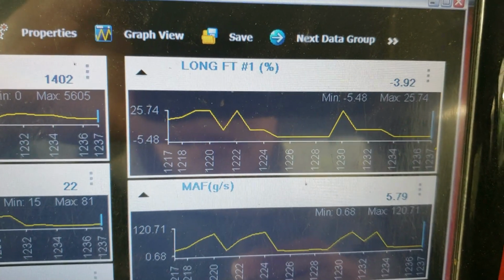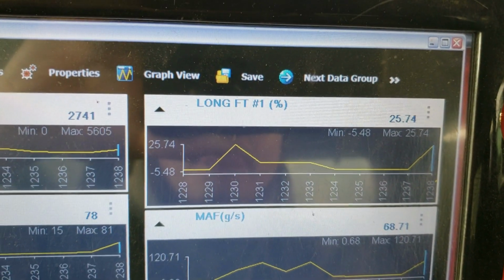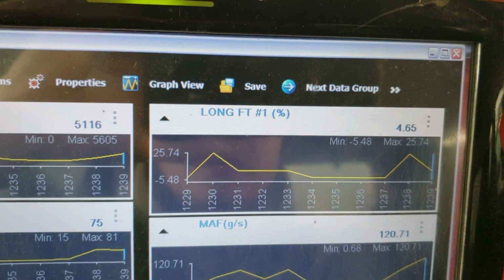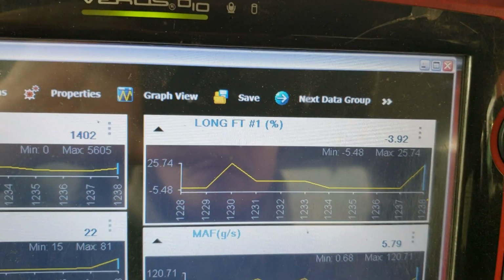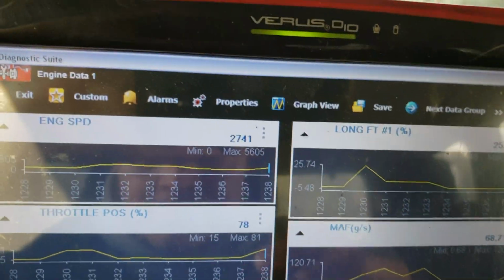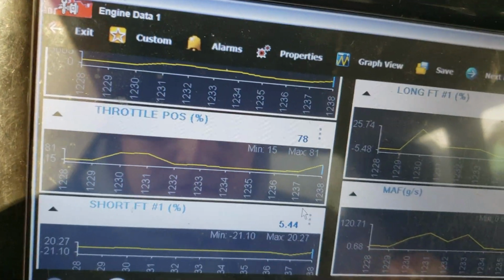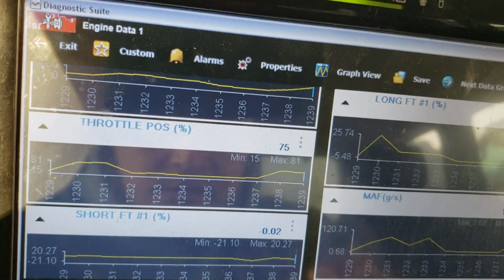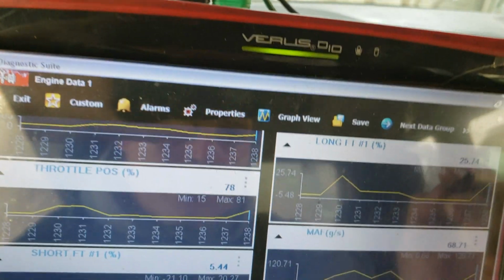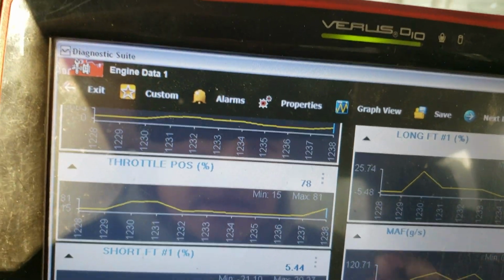Let's see how much that long term went there. Right there, 25% on the long term, and the short term was 5% at that moment. So that is a total of 30% of compensation of the computer right there. However, at the same time,